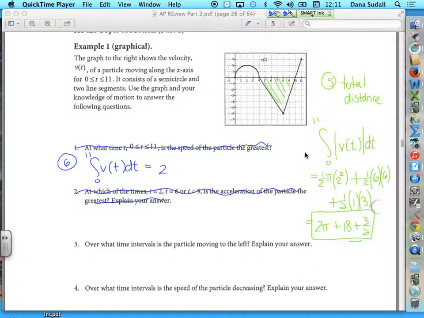So my 2 pi part for the semicircle is fine. The next region, though, that area is below the x-axis, so I would have to subtract that 18. And then the 3/2 at the end there, that was positive. So you could leave it this way. You don't have to simplify that. And they said, what does that mean in terms of this problem? This is going to equal